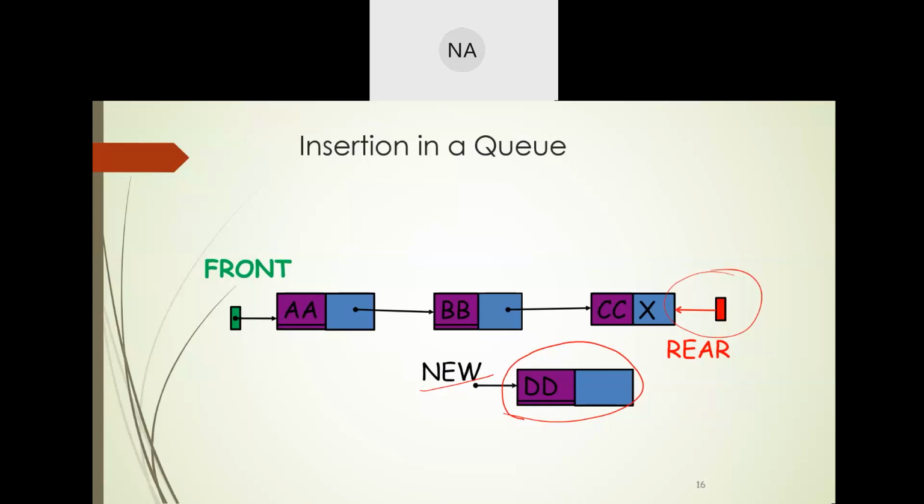This new node will become the last node at the rear side. So the pointer in the last node at the rear side will now point to this new node, right? And the pointer in the new node points to null,